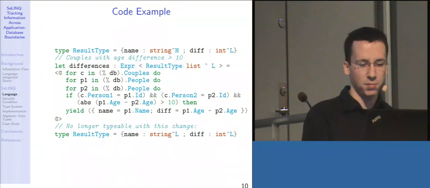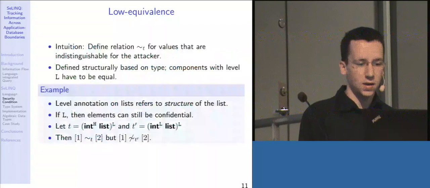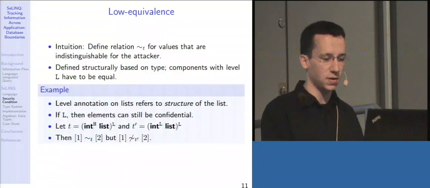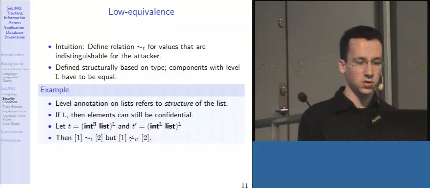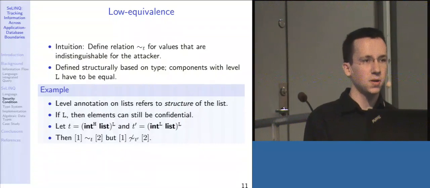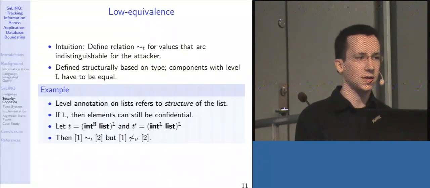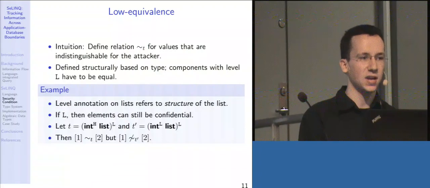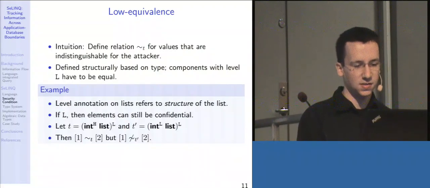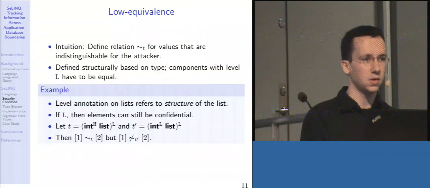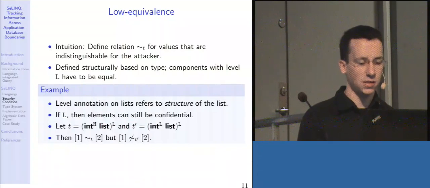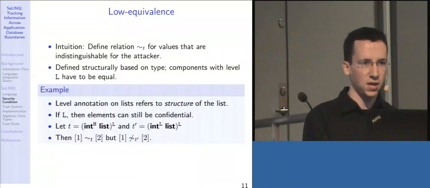And the implementation would then reject this. And to make this notion a bit precise about the security that we're talking about, we first introduce a relation that relates values that look the same to an attacker, and that's defined structurally based on the type of some value. For instance, if you have integers